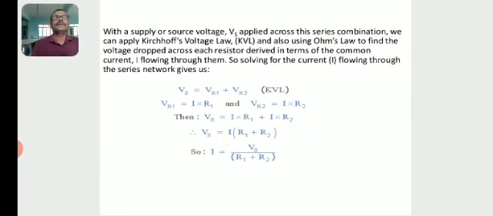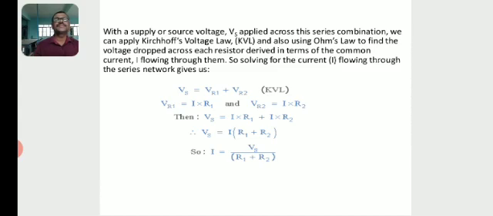With a supply or source voltage Vs applied across the series combination, we can apply Kirchhoff's voltage law and also Ohm's law. Then we find the voltage dropped across each resistor, derived in terms of the common current I flowing through them. So, solving for the current flowing through the series network,